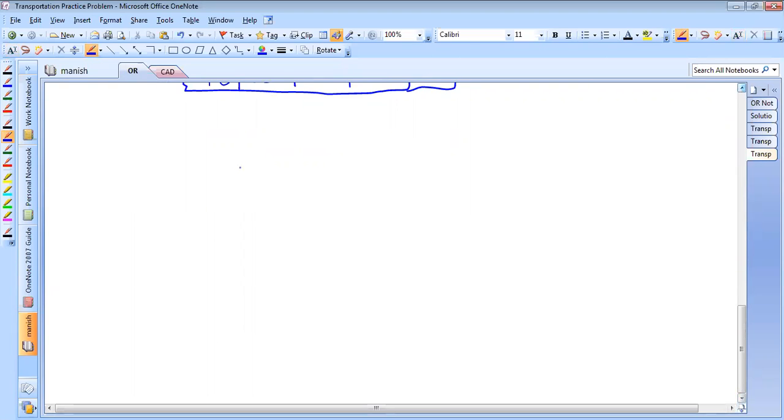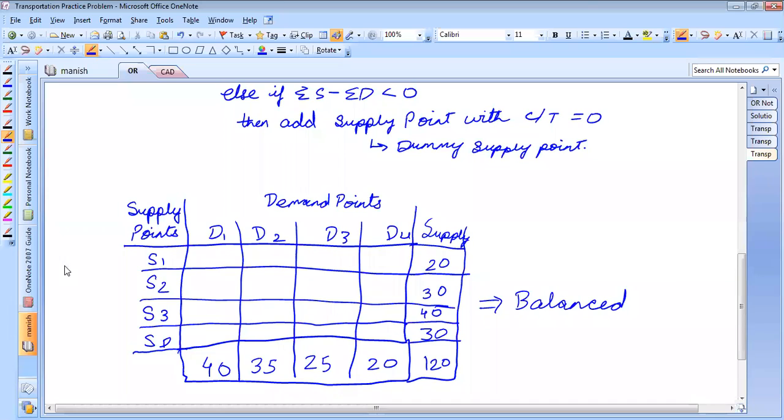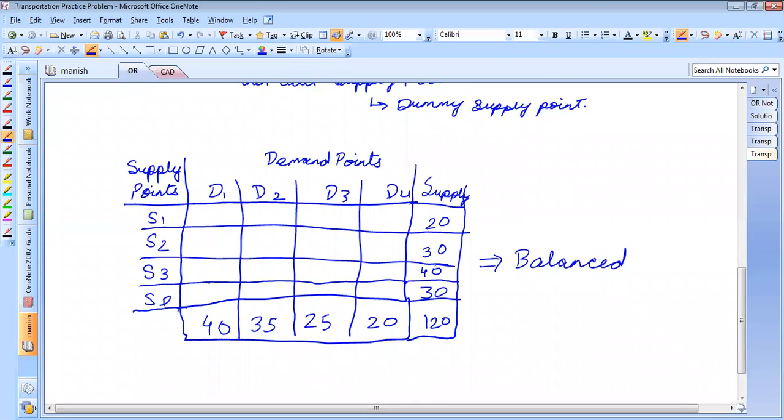If the problem is balanced, then we need to proceed with a feasible solution, sir. Yes. Then we'll proceed with the same solution, that is the northwest corner method or LCM method or Vogel's approximation method. Then the cost of transportation would be zero for that row. For all of this, the cost of transportation will be zero. Here, some values will be C11, C12, C13, C14, and so on, but here we will write 0, 0, 0, 0.